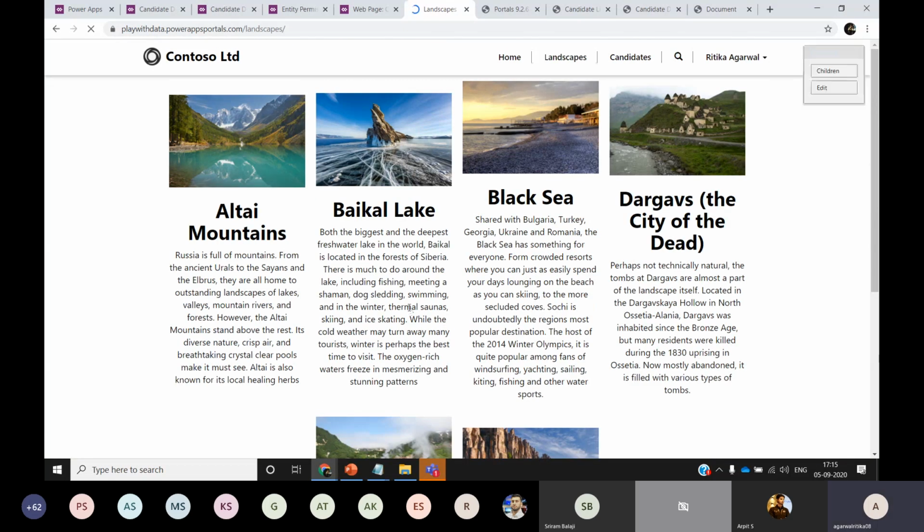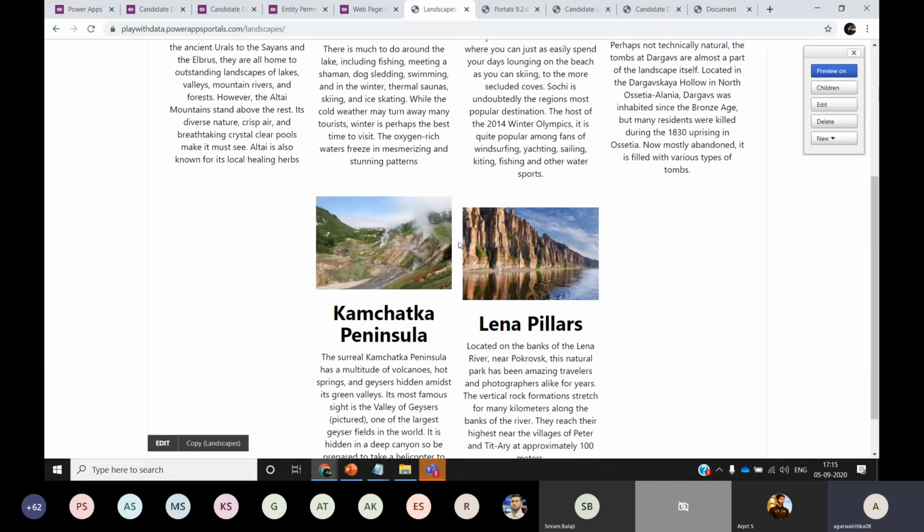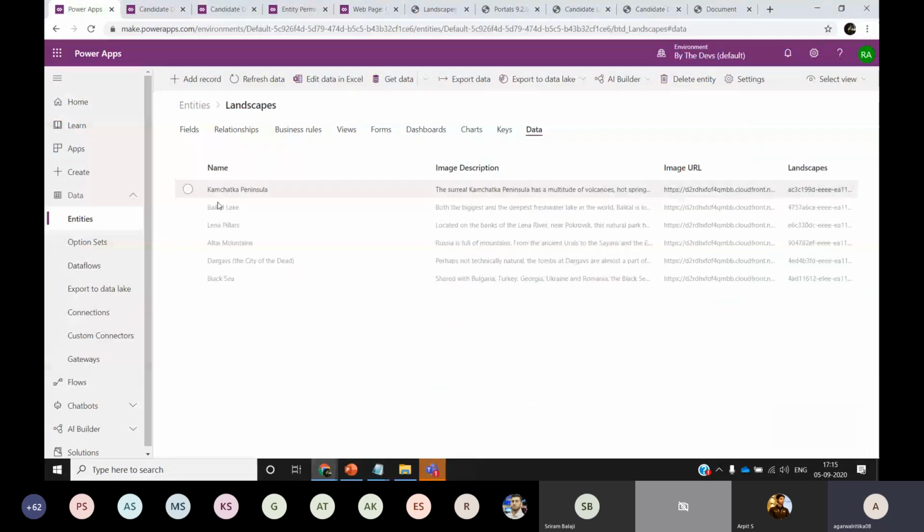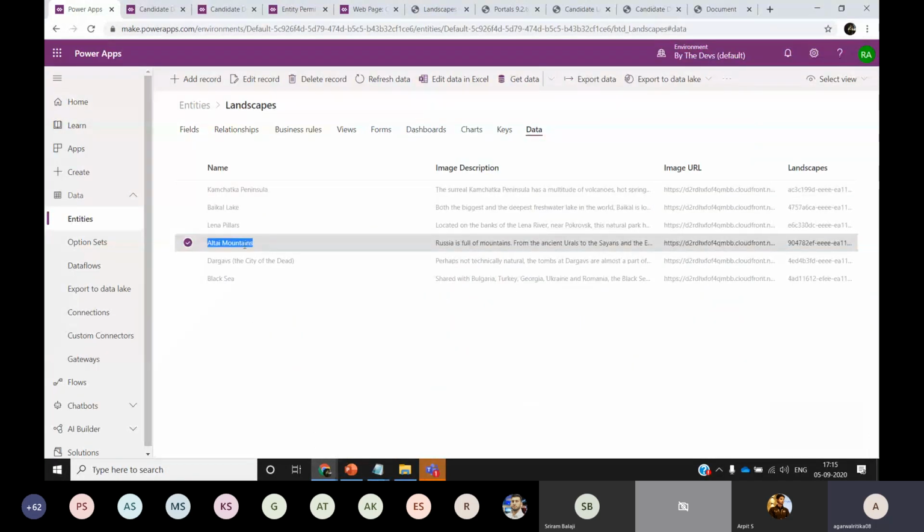So here, I can see that it has 6 different items as part of this design that I have created. And if I go back to my entity here, I can see that it has this Altai mountains, and these are the only 6 records which are displayed here along with the images.